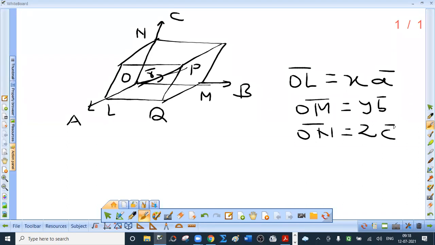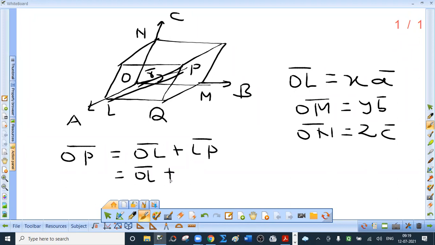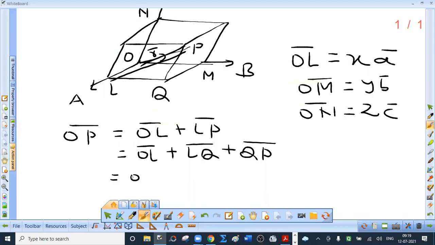Okay. Now, by triangle law of addition of vectors, can I say that OP bar is nothing but OL bar plus LP bar? Yes, I can. For that, you have to complete the triangle. So what is OP bar? See the diagram. OP bar is OL bar plus LP bar. But what is LP bar? I keep OL bar as it is. LP bar is nothing but LQ bar plus QP bar. This is not at all difficult. Next part is important. So this is OL bar plus OM bar